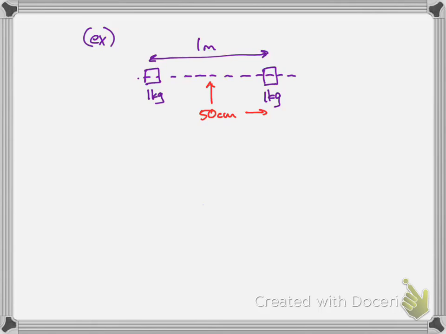Let's say I then added a third mass, and let's put that third mass here on the right. It's a point mass. Again, let's not worry about the fact that it takes up any space, and I don't really care how much mass it is. Just ask what happens to the center of mass. Now there's more mass on the right than the left, so the center of mass is going to shift towards the right. It's not necessarily going to move all the way to the first mass, but the center of mass, which was here, is going to shift over somewhat. It depends on how much mass and where the mass is placed, but the center of mass will shift to the right a little bit.